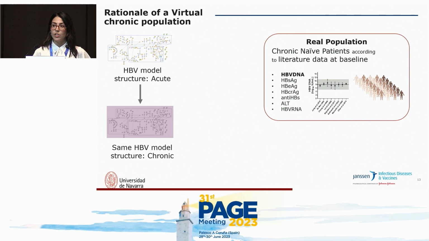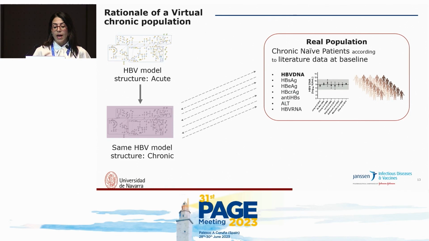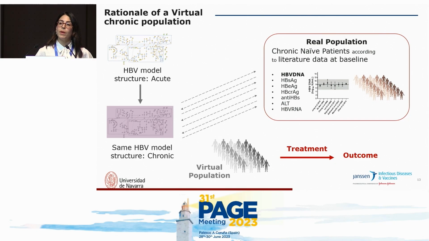parameters and initial conditions. So the second question is, how would we identify that set of parameters that drive the system towards chronicity? We will do this by establishing a link between the model structure and biomarker levels in real patients, and creating a virtual population on which ultimately we will implement the treatment and evaluate the performance. In the next slides, I'm going to focus on these processes.